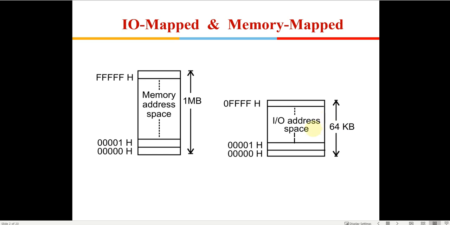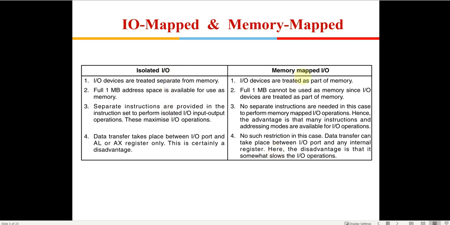The other scheme is to separately put IO devices, and then use the IN and OUT commands. We are going to learn about the instructions in the instruction set which are related to IO devices. Once we use those instructions, IO devices can be separately connected. So these are the two different schemes which are available. There are some advantages and disadvantages of both these schemes, so we'll see each one of them.